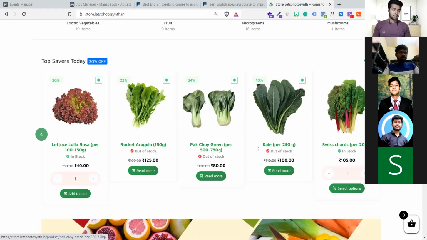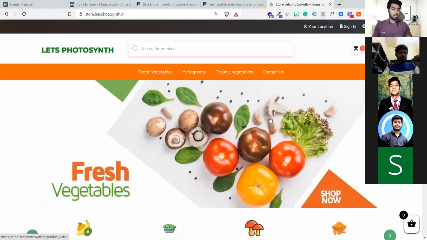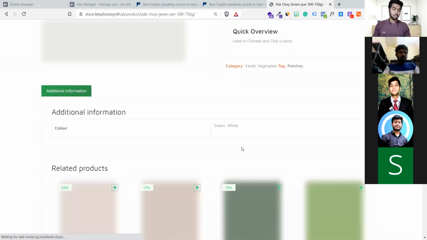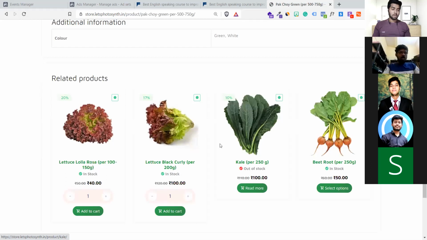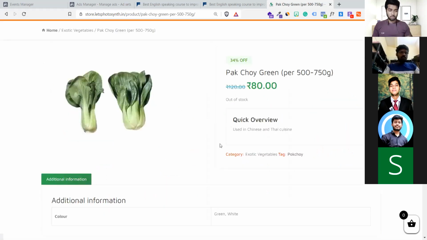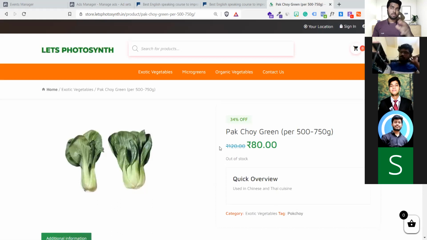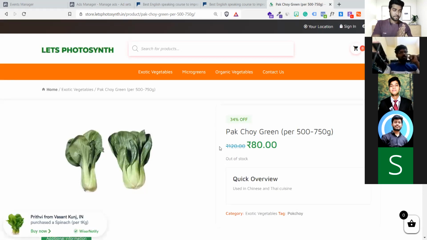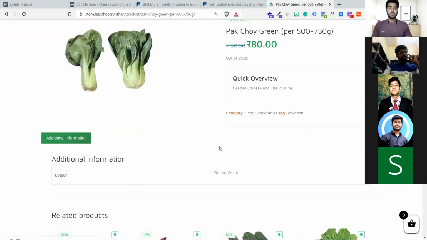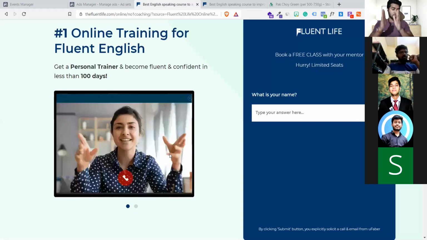Veggies, I think. It looks like it. Yes, it is a WooCommerce e-commerce store. Yeah, it's made on WooCommerce, but the basic fundamental is that it is an e-commerce store. And in an e-commerce store, it doesn't require a thank you page separately. Getting it?